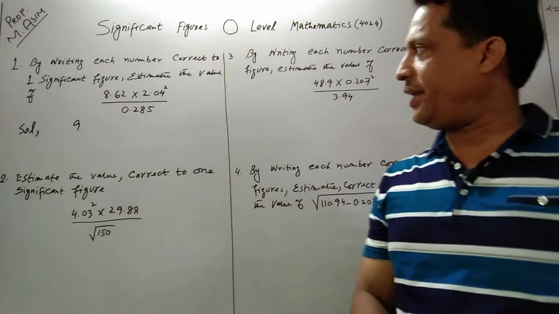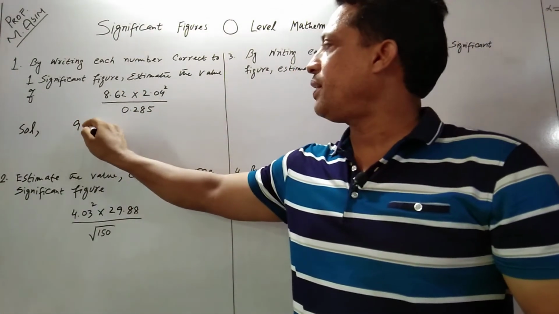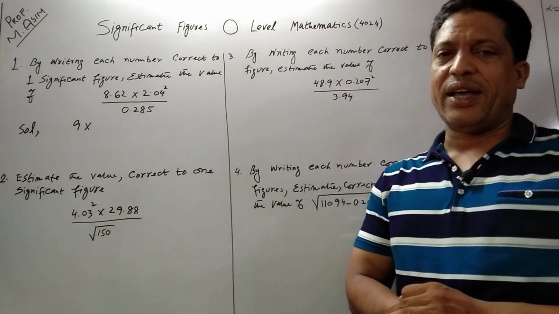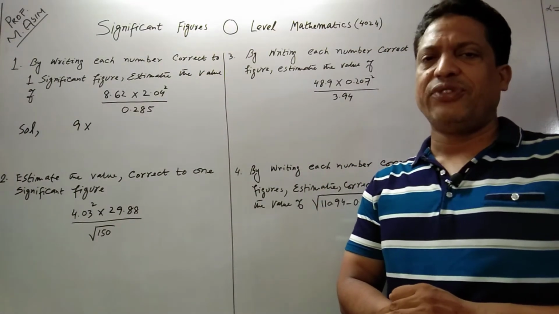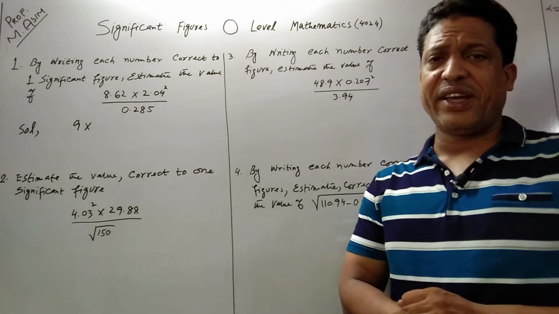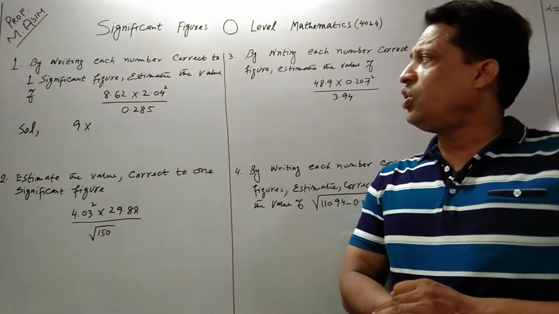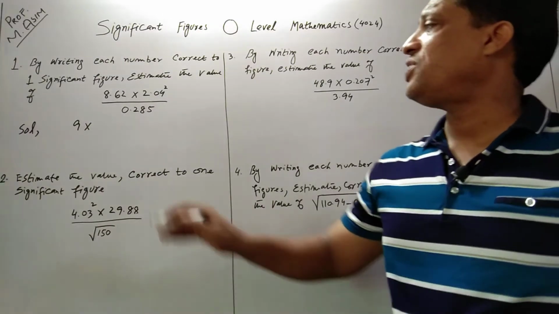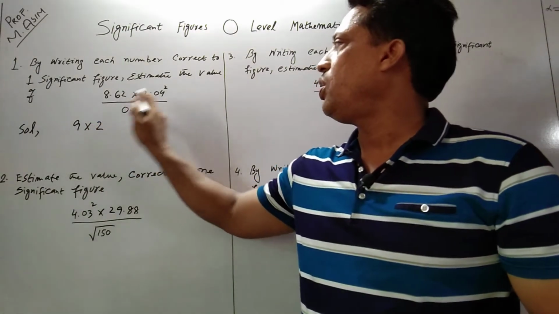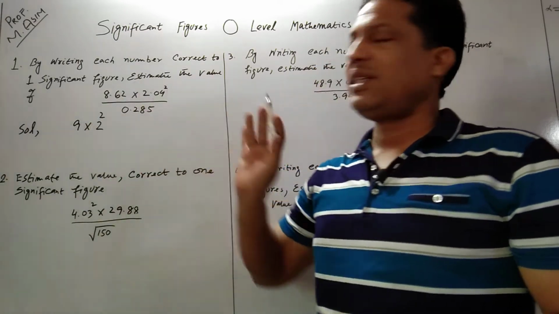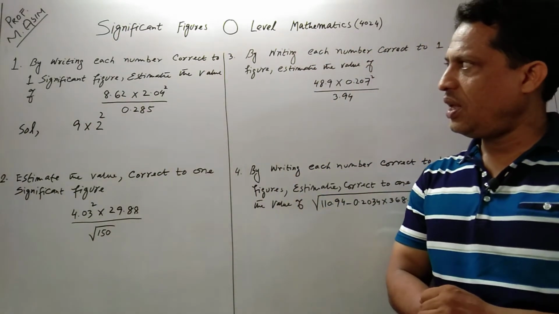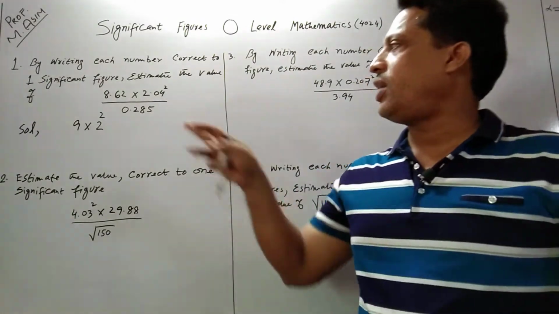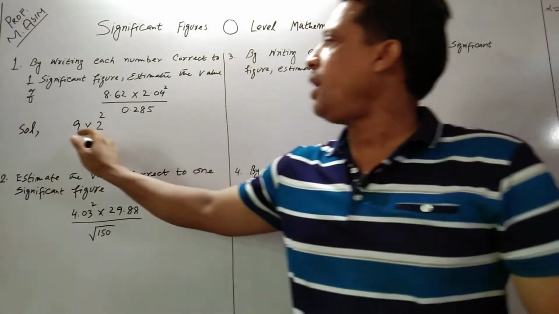very closest to 9, multiplied by 2.04 squared. 2.04 has 3 significant figures. So when we convert 2.04 into one significant figure, we just write 2 and the square remains. Because 2.04 is closest to 2, therefore I wrote 2 upon